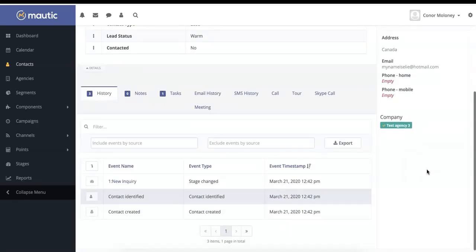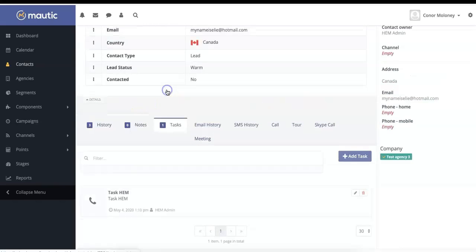Now let's scroll down to the 3rd section, the Contact Activities menu. This details the contact's interaction with your school through email, SMS, calls, and more. You can click each tab for a detailed history of these activities, as well as log any new information, create